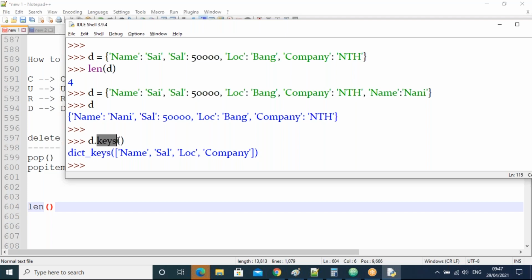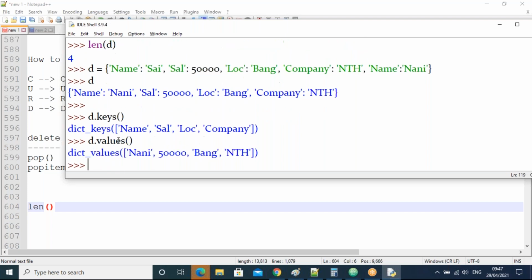Okay. Now d dot values. Now all values will come. See, first value Nani, second value 5000, third value Bang, fourth value NTH, guys. So keys and values.